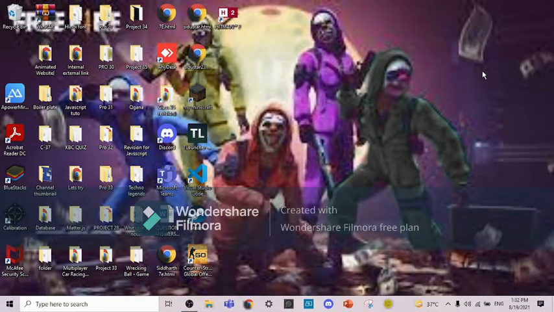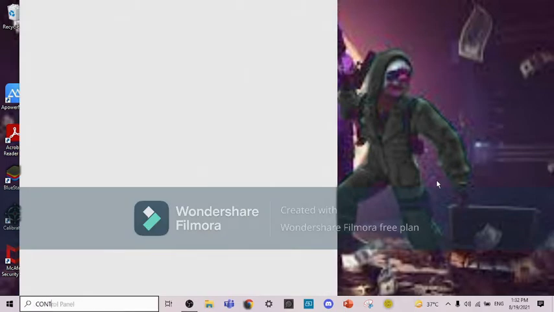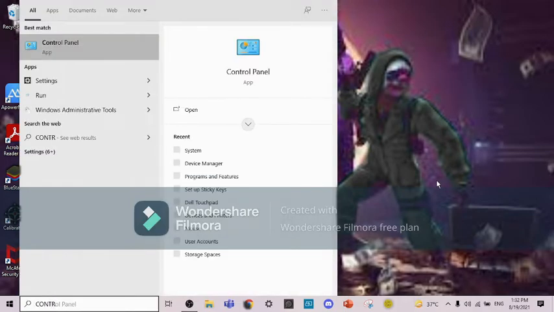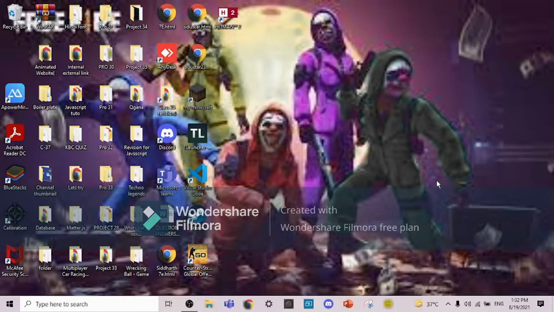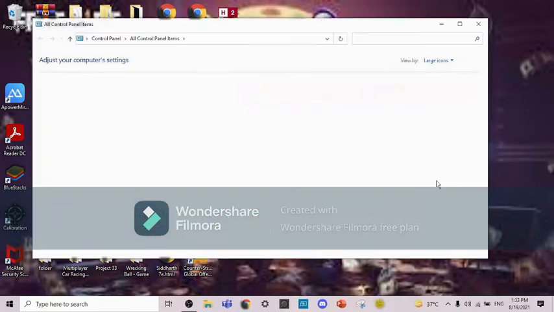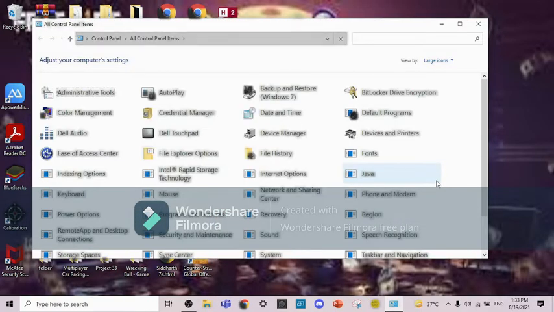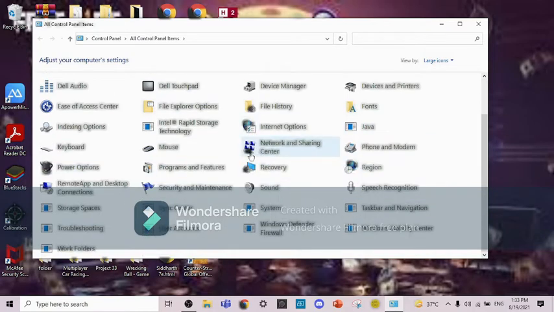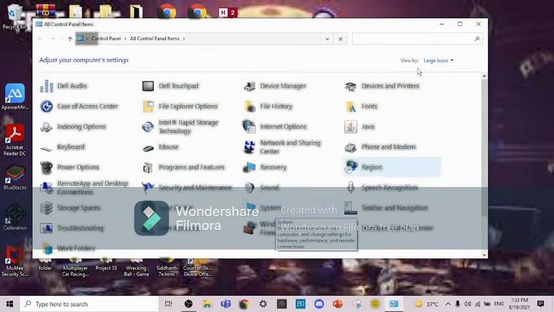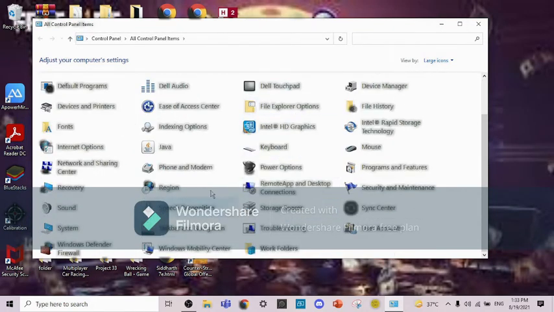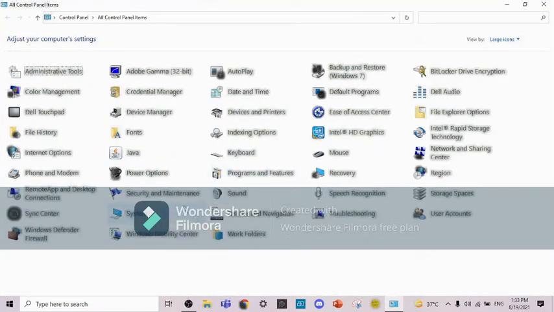Guys, tip 2 takes you to control panel. First of all you have to open your control panel, and tip 2 is that you need to turn off all the graphics, so that after turning off the graphics your PC will work as fast as possible. I am going to tell you how you can turn off your graphics. I am not recommending that you turn off your graphics, but after doing so your PC will work faster.